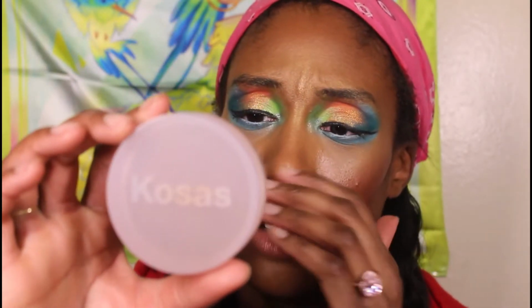And then I'm going to recommend the Kosas Velvety Cloud Set Powder, or Cloud Set Powder. The shade I have is Velvety. Just keep in mind, if you don't want it to oxidize your foundation, buy a shade lighter. I'm fine with it oxidizing my foundation because I use this in the summertime when I don't want to put on a whole bunch of heavy powder, so I can just put my kabuki brush in it, go around on my face, and it matches my foundation nicely, and I can use my winter shades as